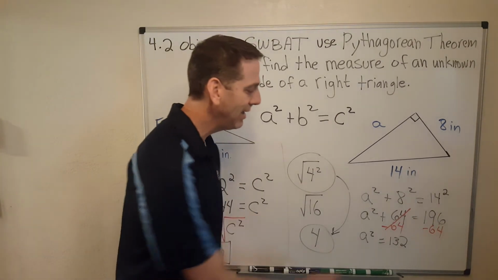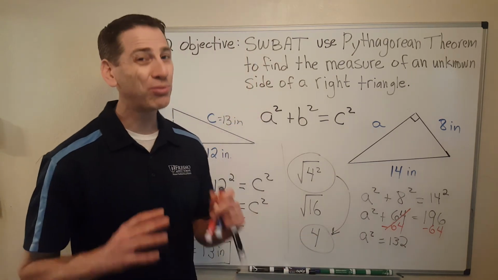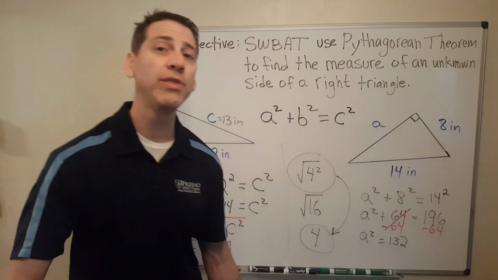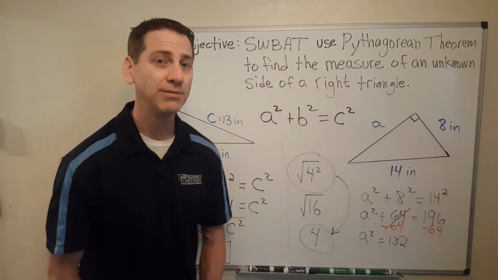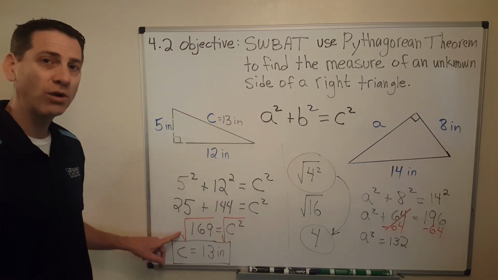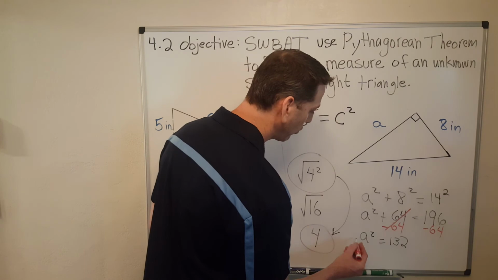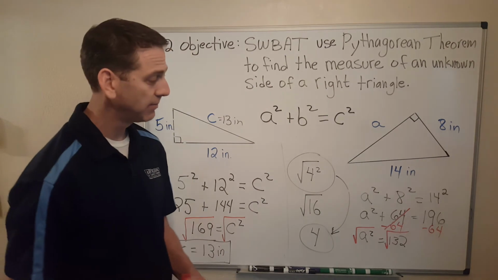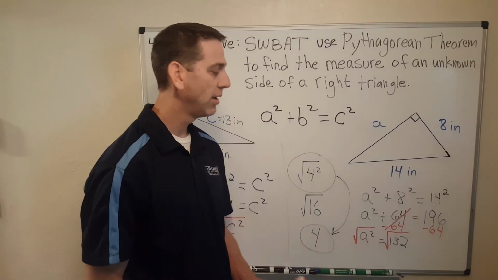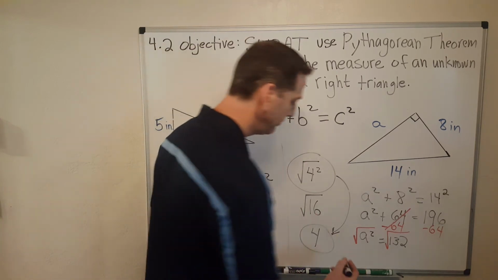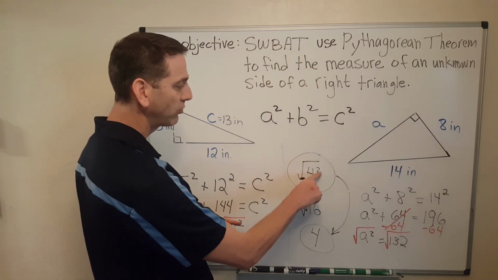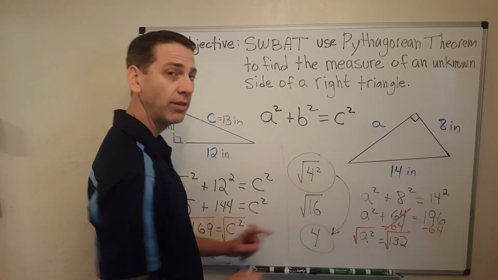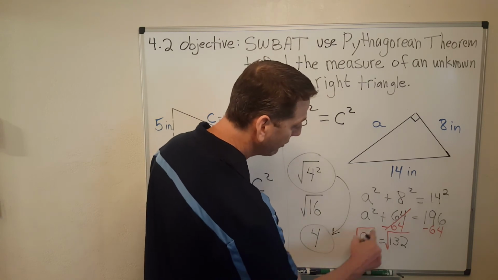Okay, now remember, I need to get A by itself. That's the goal. The problem is it's not quite by itself. I have that square, that exponent there. Well, do you remember what the inverse of a square is? You got it. It's a square root. So I'm going to take the square root of both sides. Remember, we have to do it to both sides. Okay, so the square root of A squared is, you remember what happens when I take the square root of a square? I just end up with, this is called a radicand, I just end up with the radicand inside. So the square root of A squared is A